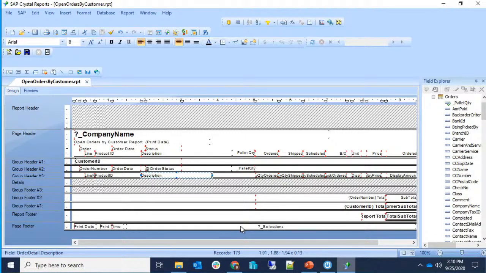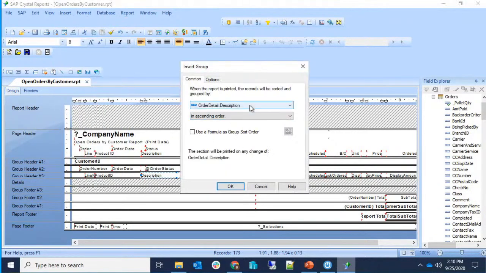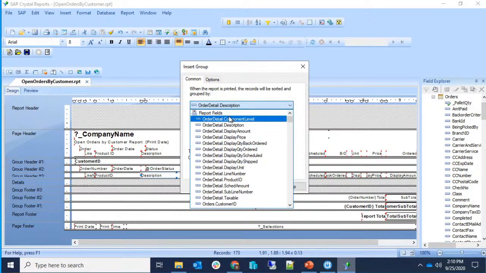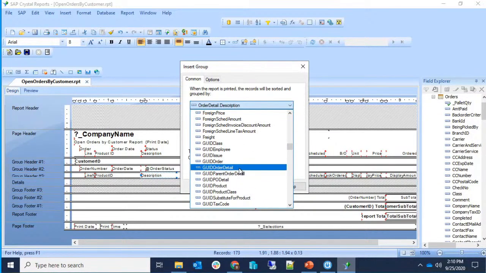So let's add a grouping. In this case, the report looks good, but I do want to group it first by salesperson. So I'm going to go to Insert, Group, and here's where I choose the field. Now the first section shows fields that are in the report. I don't have the salesperson anywhere in this report, so I have to go select it. I'm going to go all the way down to